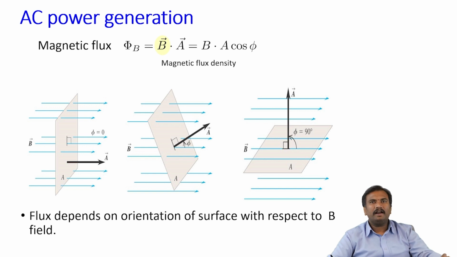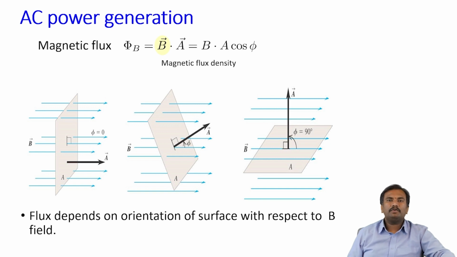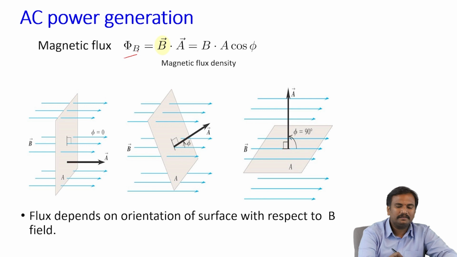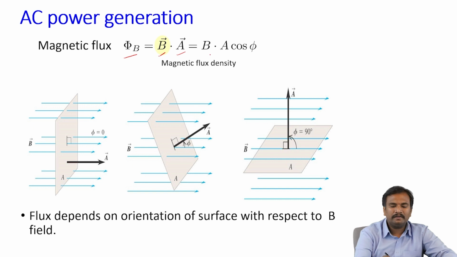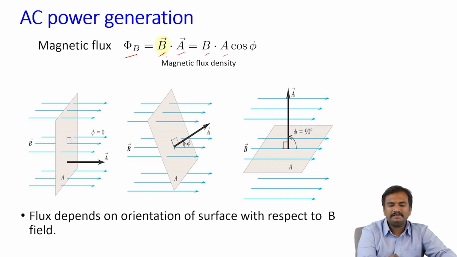Faraday's law says that whenever a conductor cuts the magnetic flux, an EMF will be induced, and that EMF is proportional to the rate of change of flux linkages. Let us consider how the flux linkages change and how we are going to generate the voltage. The flux phi is flux density B into area A into cos phi, where phi is the angle between the flux lines and the